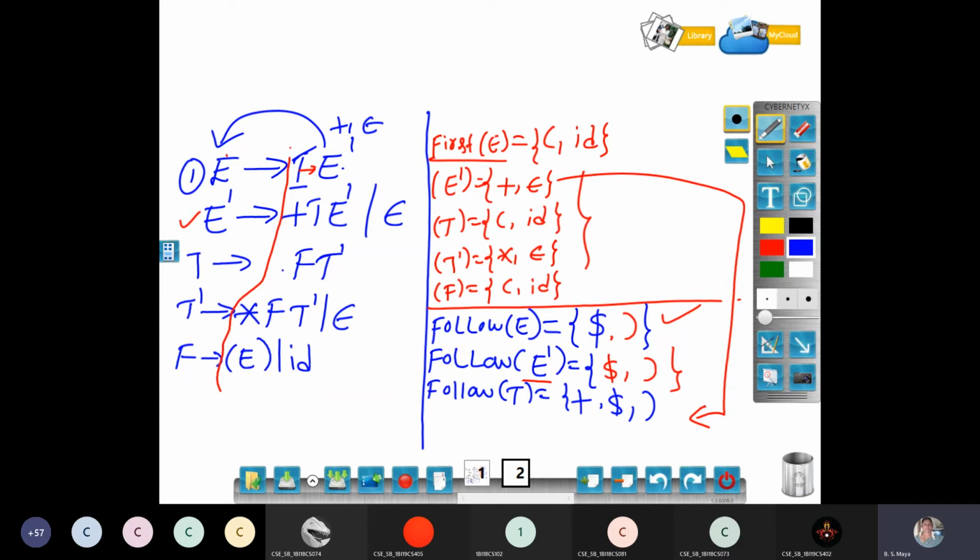See, follow of T, I don't know. Follow of T is E dash. E dash is a non-terminal, as Likhita said. It is a non-terminal, so I have to go to the first set of that. What is the first set of that? Plus and epsilon. As the rule says, don't copy epsilon, only copy plus. Because of epsilon, I have to check whether any symbol is there in front of that. Nothing should be there. Then I have to visit the head of that production, that is, I copy E. The E value is dollar and close. Search for T anywhere else.